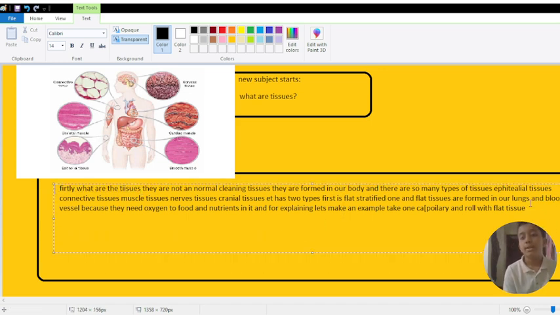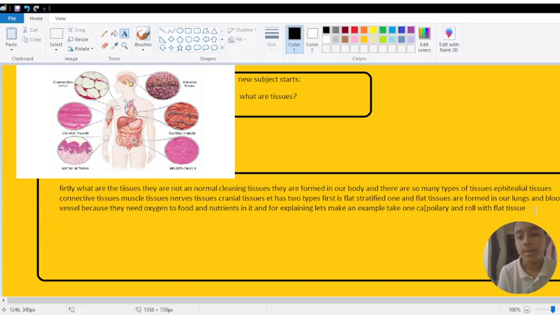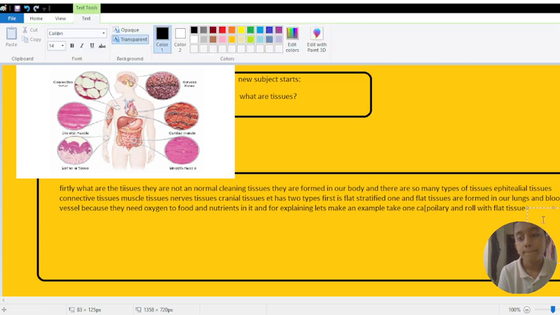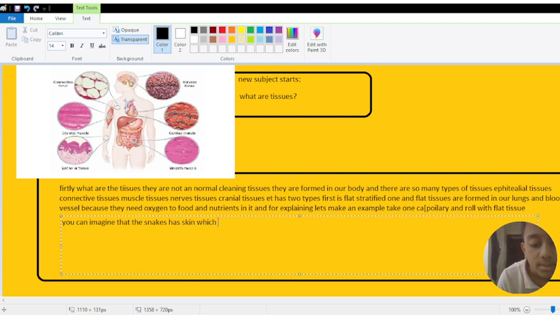If you can't understand its surface, you can imagine that the snake has skin which is scaly type, and fish also, and it doesn't let stuff enter, but